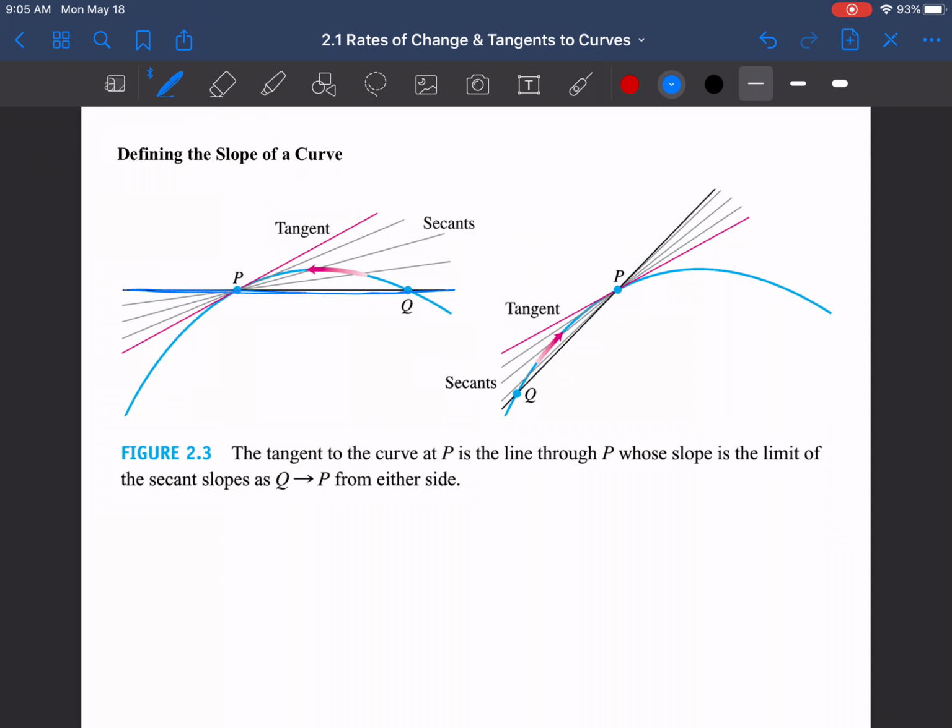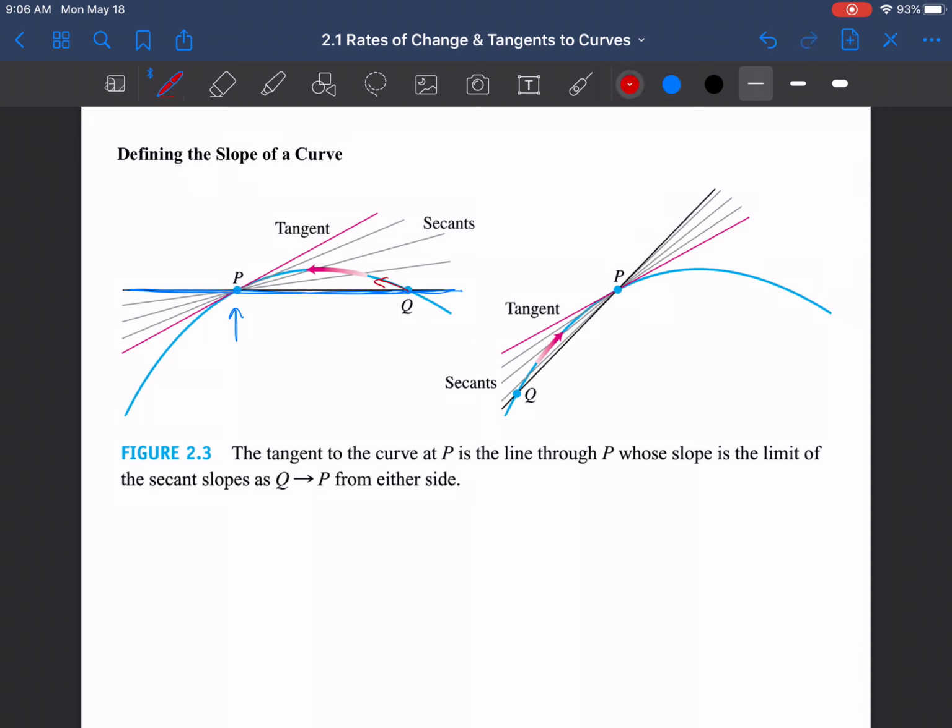Okay, see that one right there? I just darkened it in. That would be the average between P and Q. And so that might be something kind of close to what the actual speed, or the actual rate of change or slope, was at P, but we can get better. And we can get better by moving Q closer